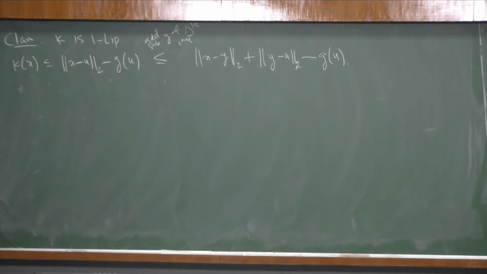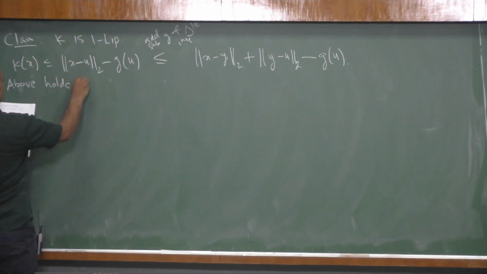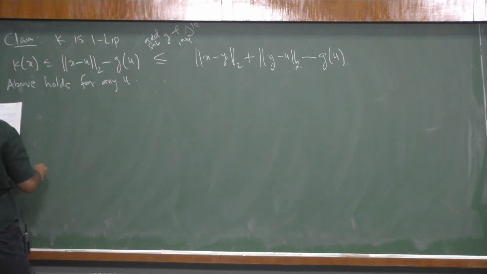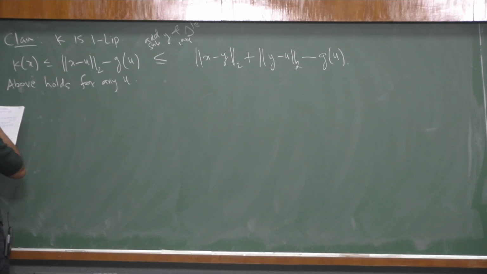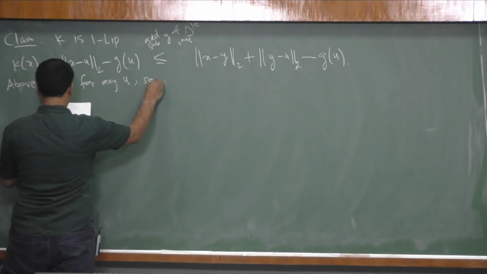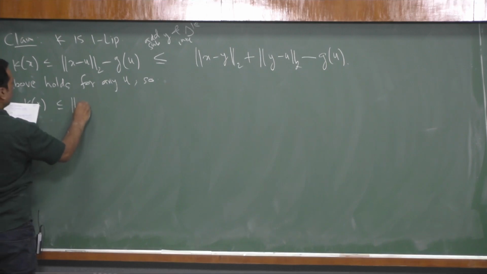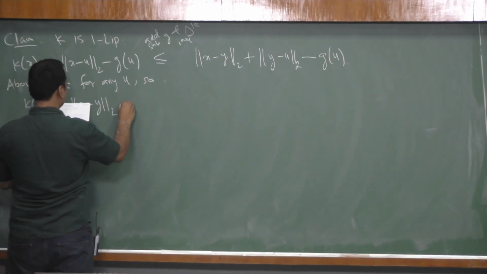Okay, add and subtract and triangle inequality. Now, the above holds for any value of u. So this implies kx is less than or equal to the norm of x minus y plus